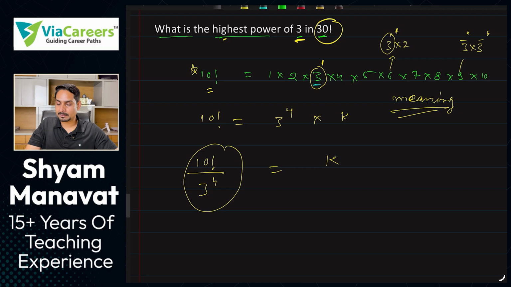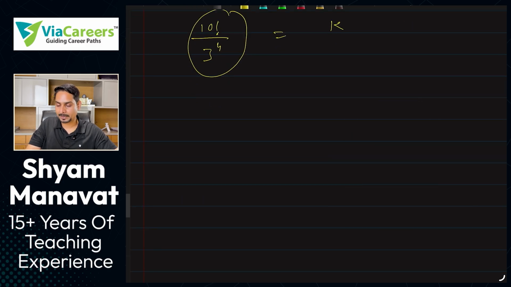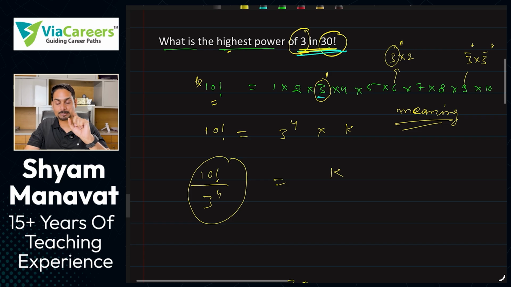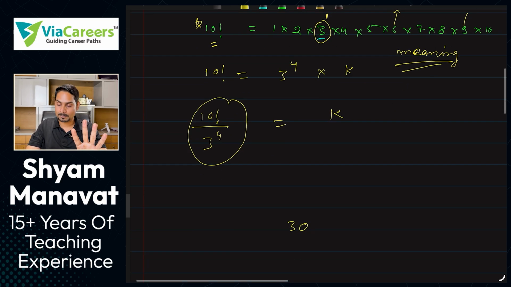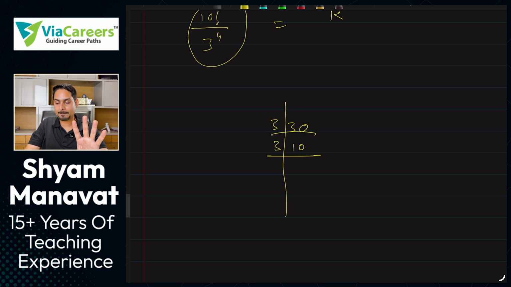Now here let's try for this question. Given question now. What is the highest power of 3 in 30 factorial? तो कैसे करोगे? शॉर्टकट कैसे अप्लाई करोगे बोलो? What will you do? You will write 30 first and you need to check the power of 3. तो आपको सिर्फ 3 से डिवाइड करना है. ध्यान से देखो. So 3, this is 10. 3 again, this is 3 3s are 9.